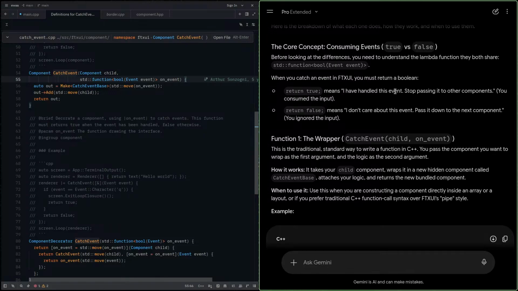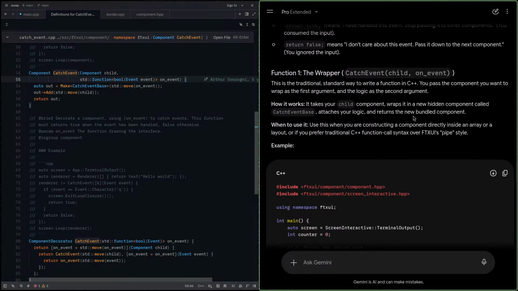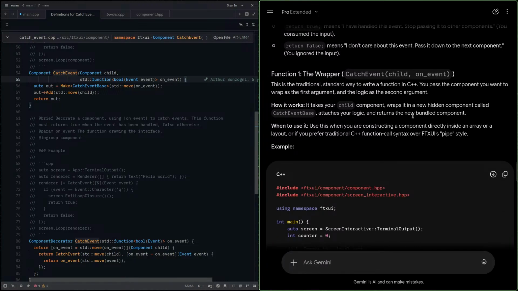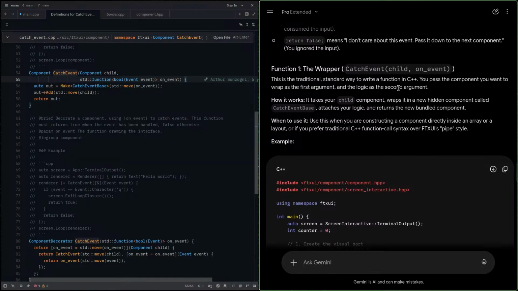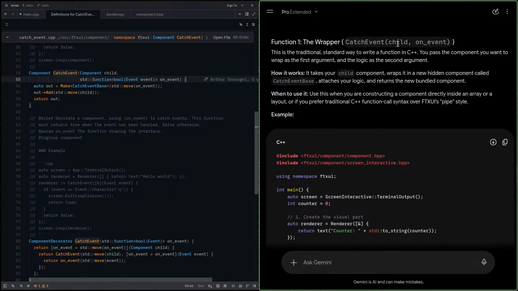Return false means I didn't care about this event, pass it to the next component. Okay, so once the event returns true, that particular input will not go to the next components. Otherwise, it will. Function one, the wrapper. Okay, you see this thing? This is a wrapper. Like we